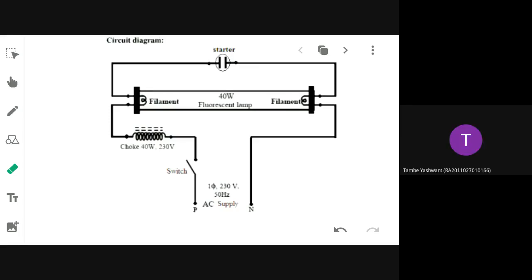It's fun only. You can try. Instead of a fluorescent tube, you can also use a bulb. That is not necessary, but here they have given fluorescent tube light connection only, so you should learn. First, let me put a demo, then you can try.